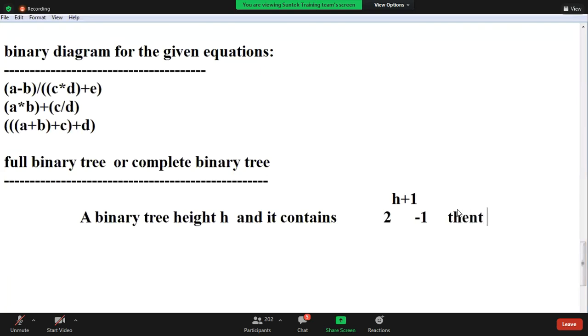Then that binary tree is called full binary tree.